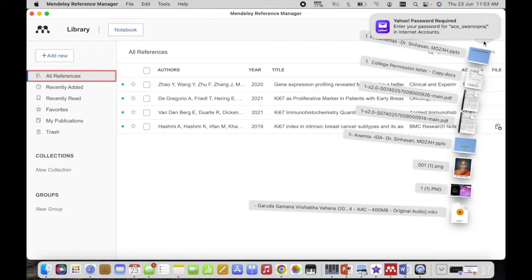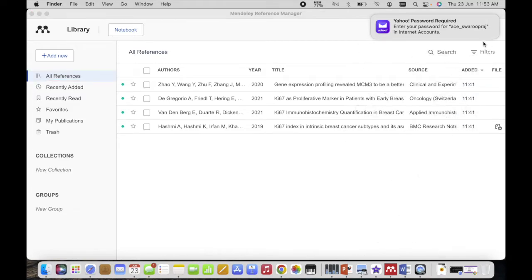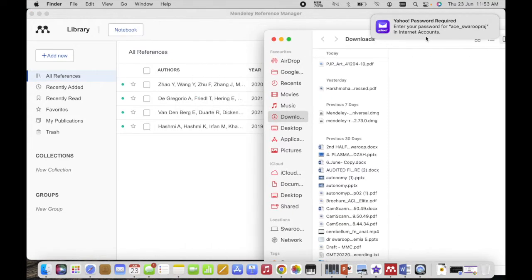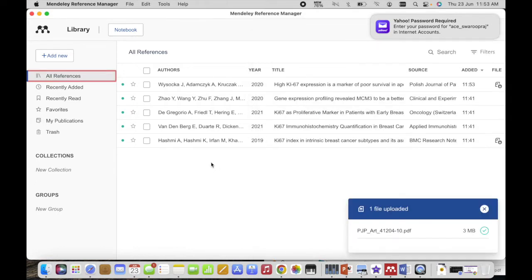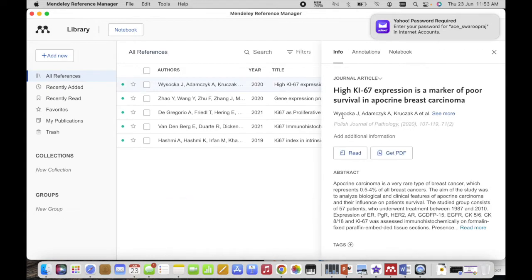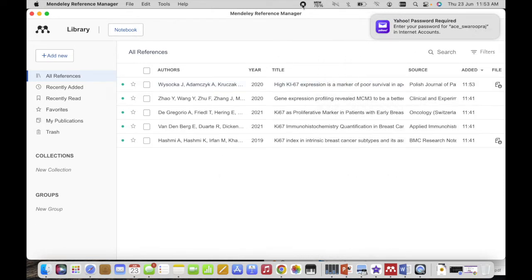So how do you add something from your desktop? If you have the article downloaded on your desktop, you just have to drag and drop it into your Mendeley Reference Manager app, and you will see it automatically adds that article too into your Reference Manager tool. So you can access the article directly from this tool. You don't have to search. So if you add all your articles into this Reference Manager tool, you can even access the article through this